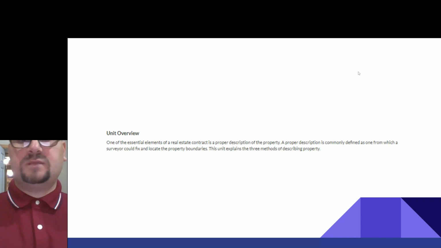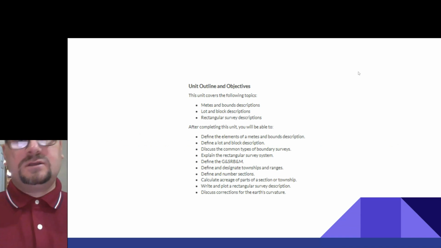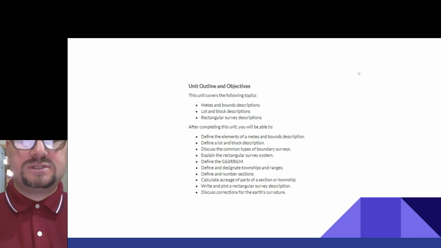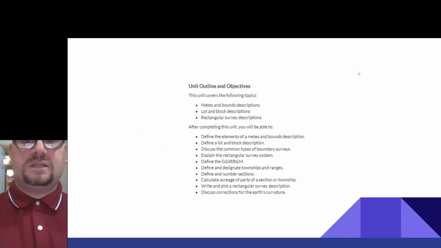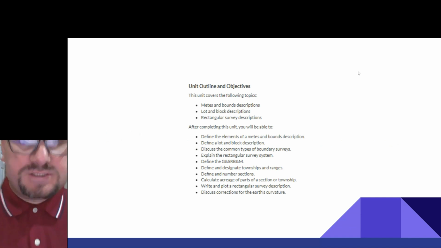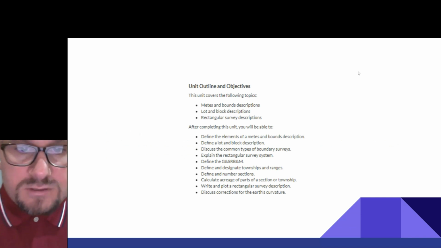This unit explains the three methods of describing property. In this unit, we're going to cover the following topics: metes and bounds descriptions, lot and block descriptions, rectangular survey descriptions. After completing this unit, you're going to be able to define the elements of a metes and bounds description, define a lot and block description, discuss the common types of boundary surveys, explain the rectangular survey system, define the G and S R B and M,